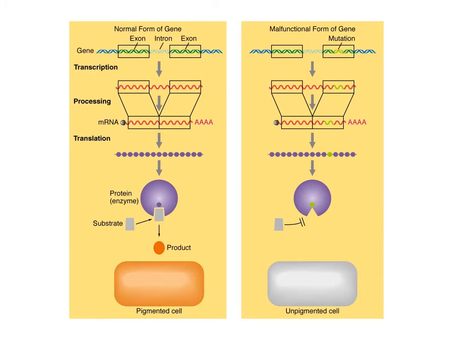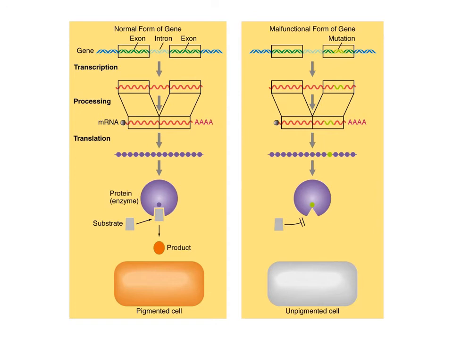So our schematic here, again, we've seen this one before. In the normal form of the gene, you have a wild-type sequence in the chromosome. You have transcription, processing, translation, with the result that you produce a protein that catalyzes a reaction in a cell. In this case, it's going to take a colorless substrate and convert it into a colored product, which leads to